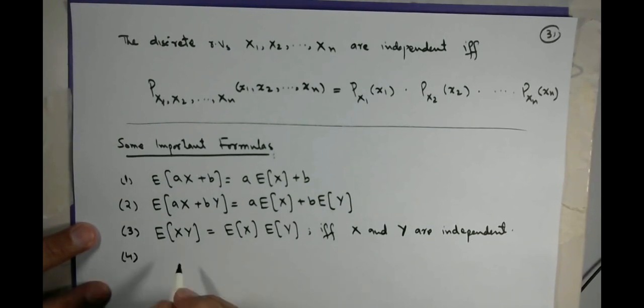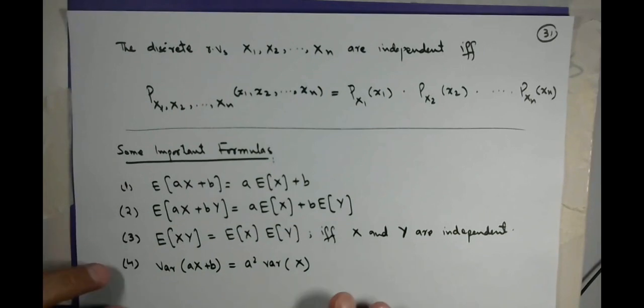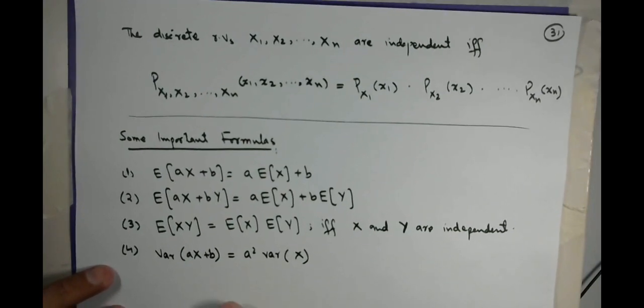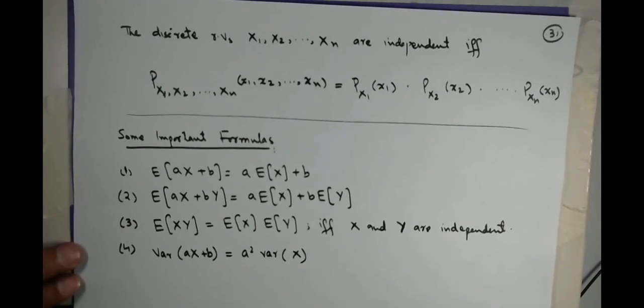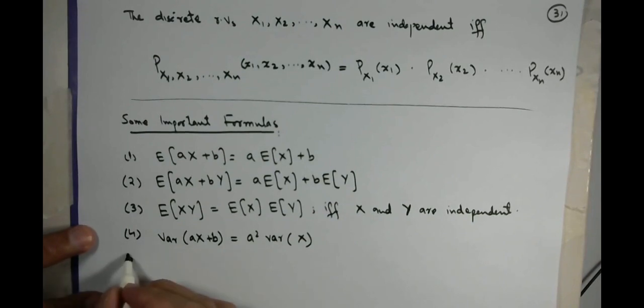Fourth one, just a quick recall, variance of ax plus b is a square variance of x. You know that shifting does not affect the variance of a random variable. I gave you a good lecture time on this concept. Fifth one,